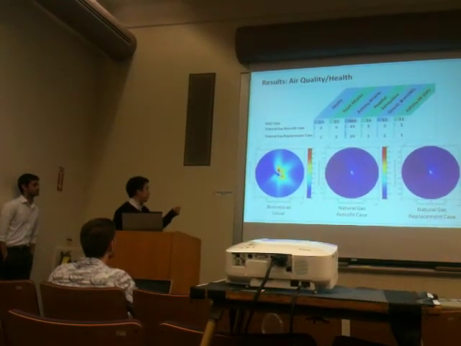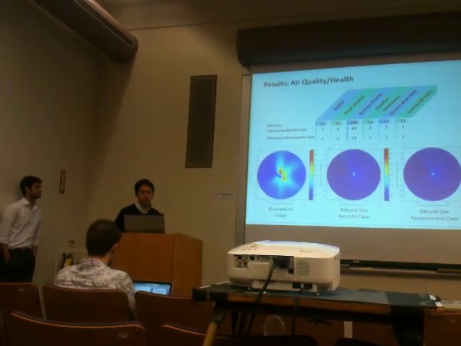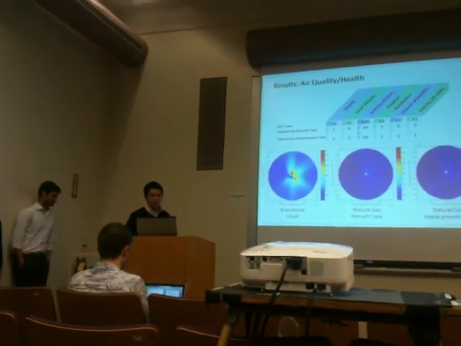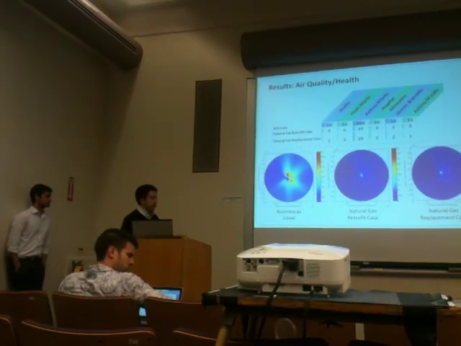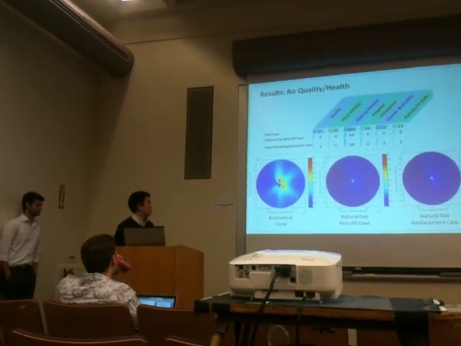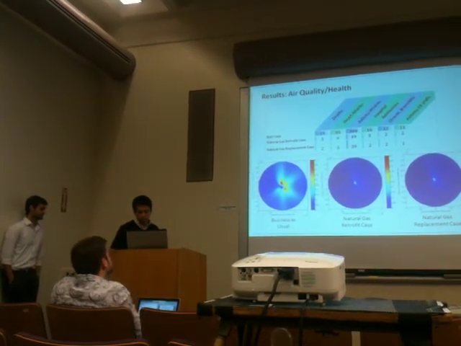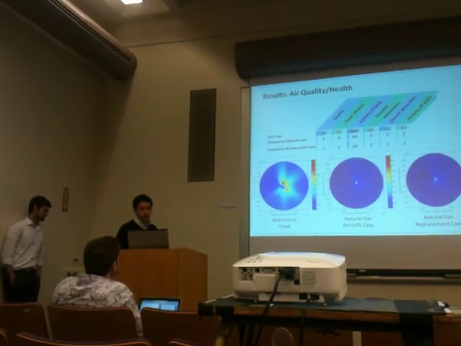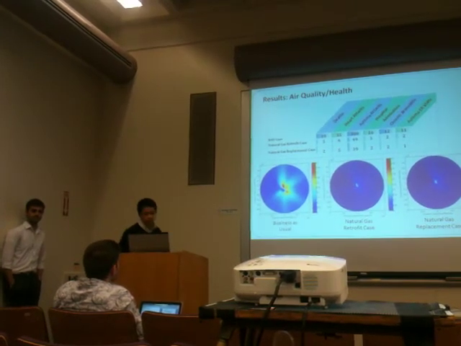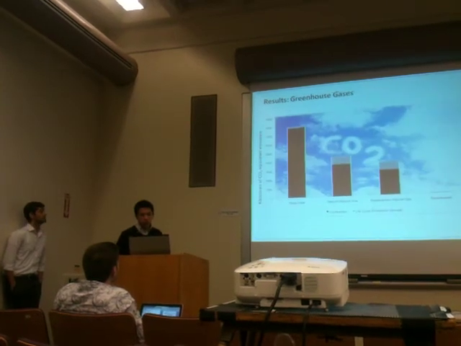This is important because these concentrations are high near high population areas such as the city of Fall River and the surrounding residential areas. So decreasing the concentration will result in significant health effect improvements. As illustrated in the table above, under the business as usual case, there's an estimated 19 premature deaths. Going to a retrofit case will cause an 84% reduction in the health outcomes, and going to a replacement case will further reduce the health outcomes. So 3 premature deaths for retrofit, 2 premature deaths for replacement. And for greenhouse gases,